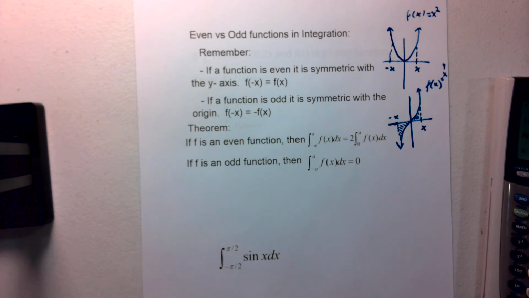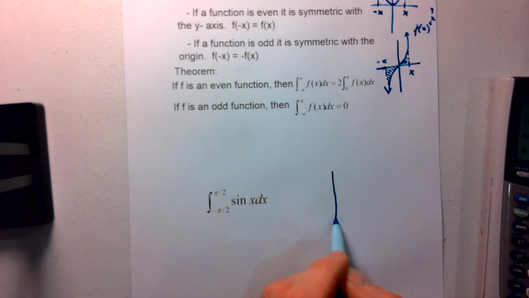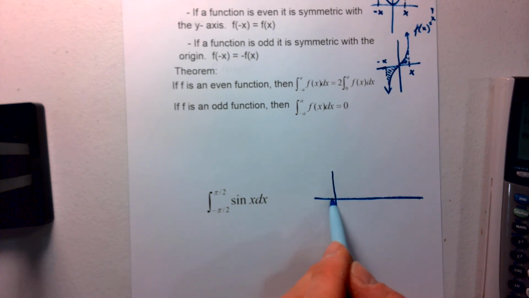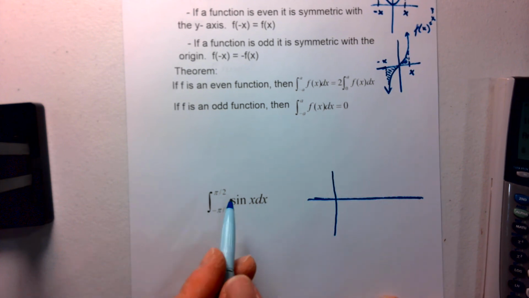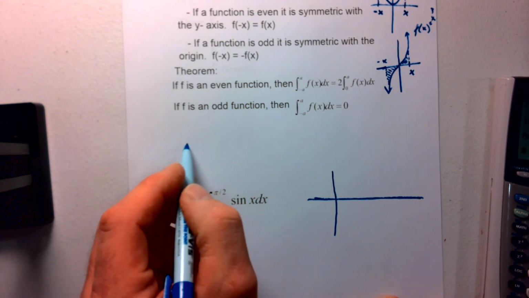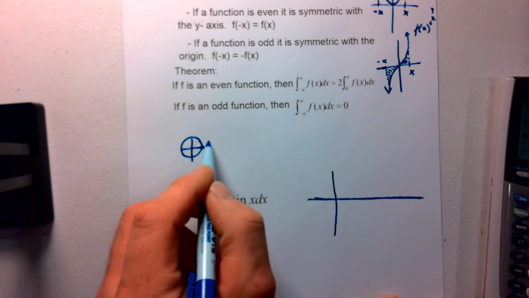So let's look at the sine of x from negative pi over 2 to pi over 2. Well, the first thing we have to do is figure out what does the sine of x look like from negative pi over 2 to pi over 2? So it goes back to our Algebra 2 days of graphing the sine of x. And if you don't remember the graph of the sine of x, well, that's going to be a little bit of an issue. But if we look at the unit circle again, and we look at that value here, we have